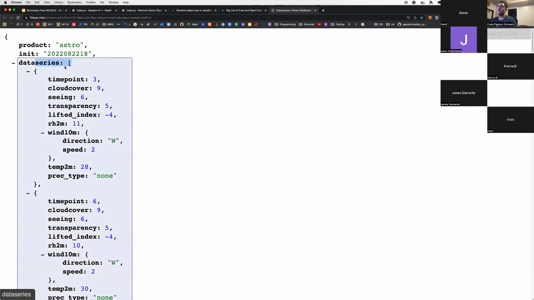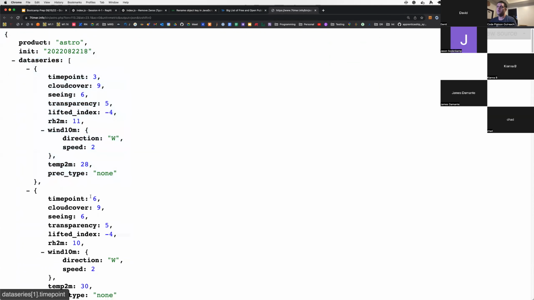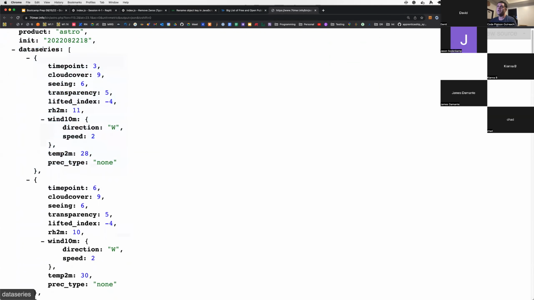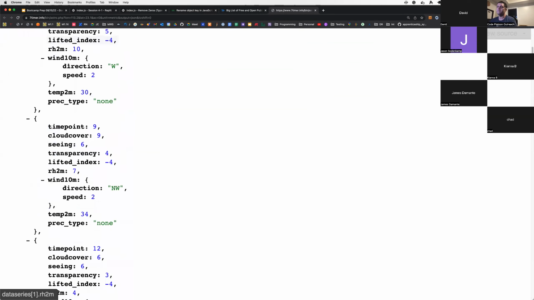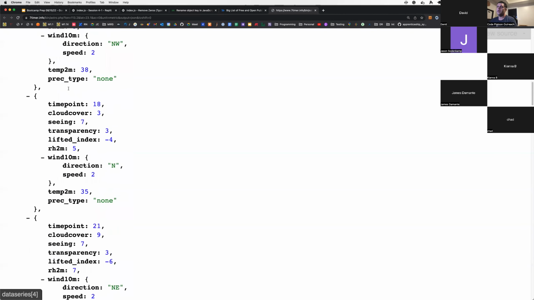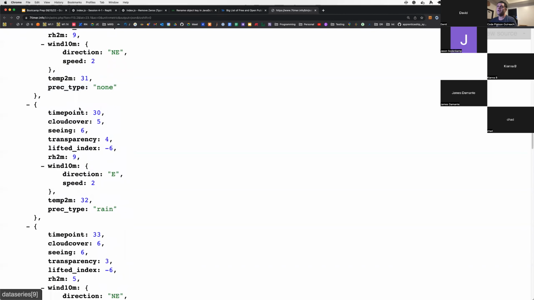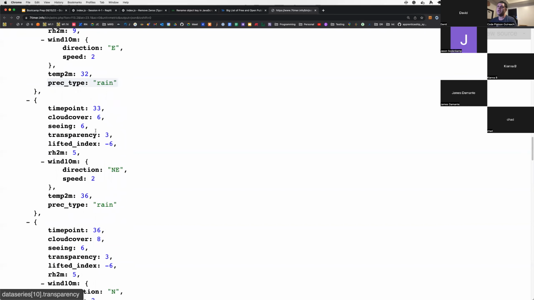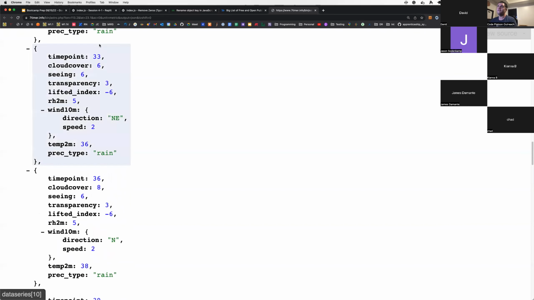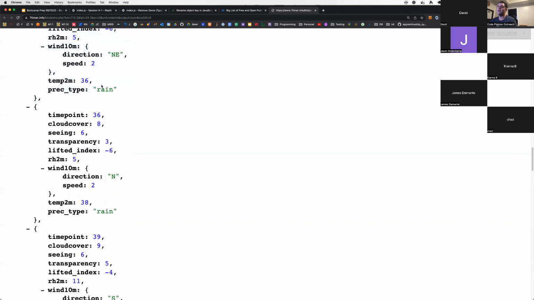This is an array. Inside this array are multiple objects. So we've got the data series, which is an array of objects. All of this stuff is saved in columns in a database. But when I ask the 7timer.info API to retrieve the information for me, it's returning it in a JSON format,